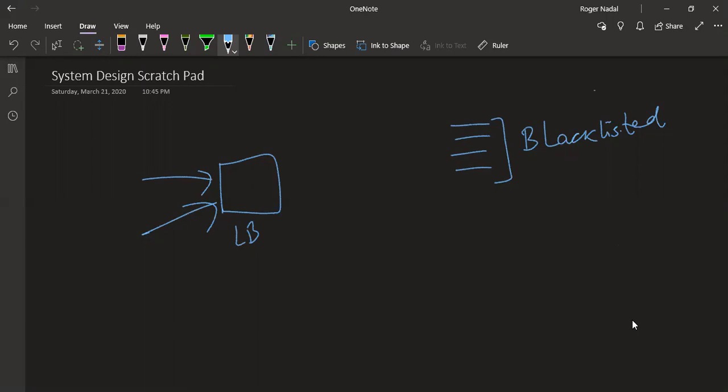Any idea? Just think, what will be the brute force approach? I guess a distributed cache, or at least some cache, could be holding all the blacklisted IPs, and before the load balancer forwards the request, somewhere I am writing that IP, and then checking whether it is blacklisted or not. Or maybe a set or something. Yeah, only blacklisted IPs, just IP addresses. Okay, so I can have this many IP addresses.